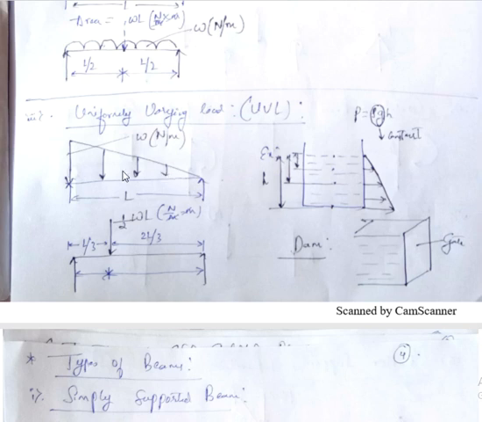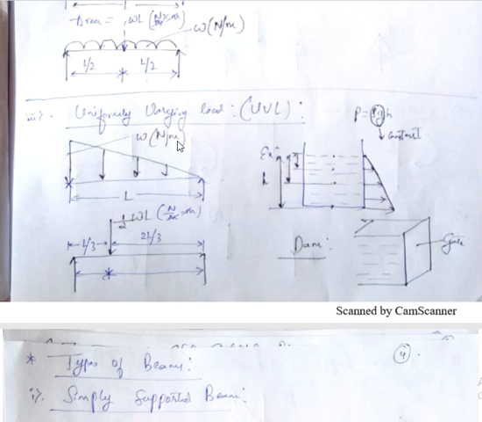Then how to mention this load? It is again represented by load intensity, represented by W. Load intensity is again load per unit length. That means if I consider a unit length of beam, suppose 1 meter from this end to this end, the load that is distributed on this 1 meter length of beam is the load intensity. So load per unit length will have a unit of Newton per meter.